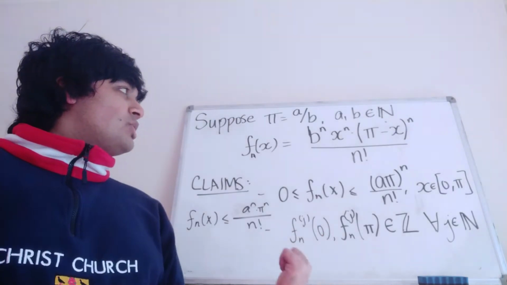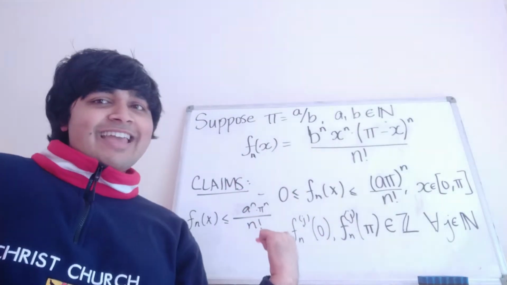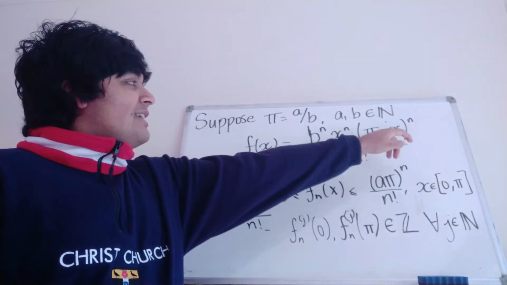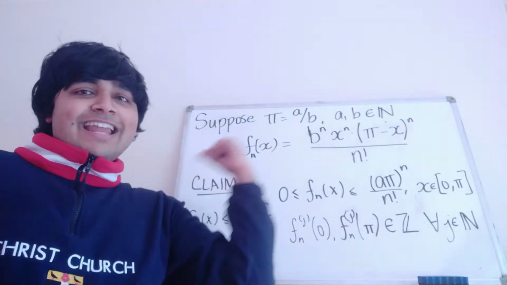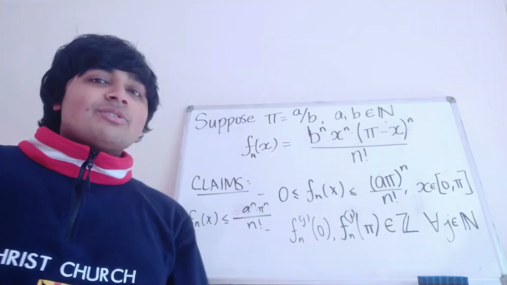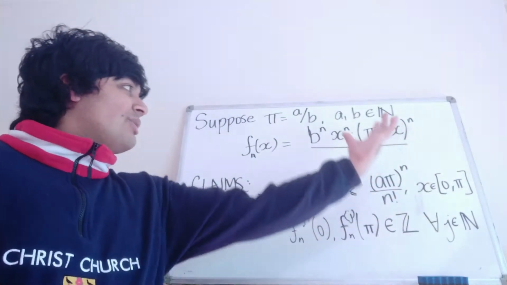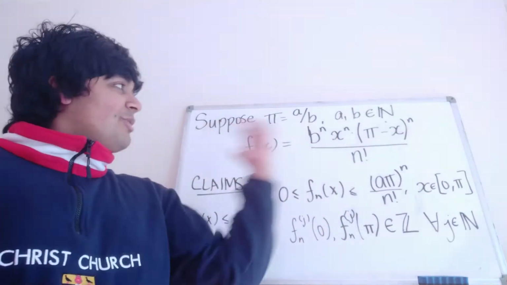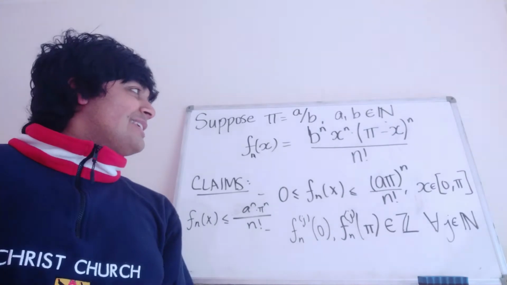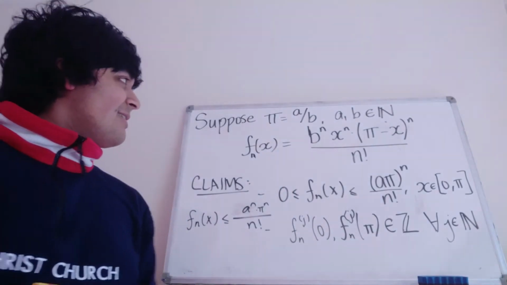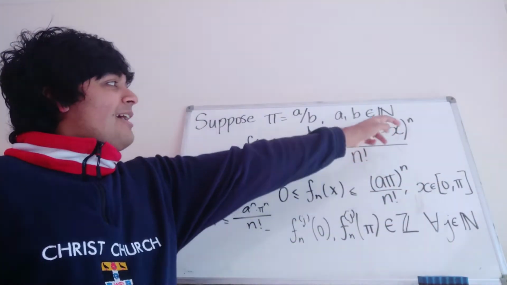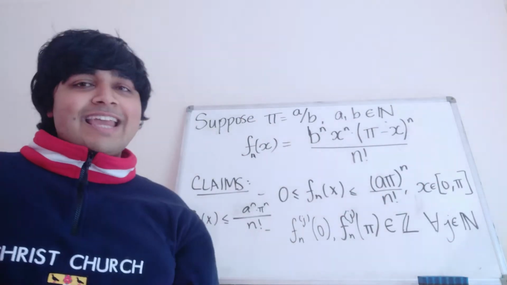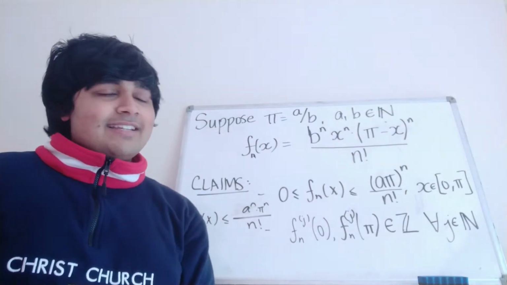And then for j being at least n, when you differentiate these, you're going to bring an n down, then an n minus 1 down, and so on. So if you're differentiating j times, you're going to have an n factorial coming down, so that's going to cancel with the bottom here. And then when you plug in x equals 0, you're just going to get something multiplied together. And notice you're going to have a pi to the n times b to the n. But of course, pi to the n times b to the n is just a to the n, and a is an integer. So a to the n is an integer.